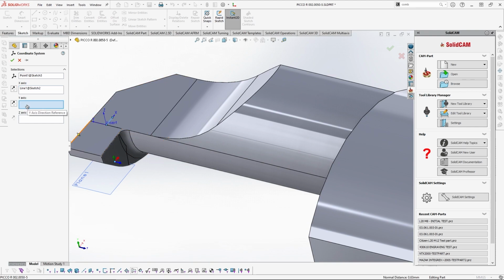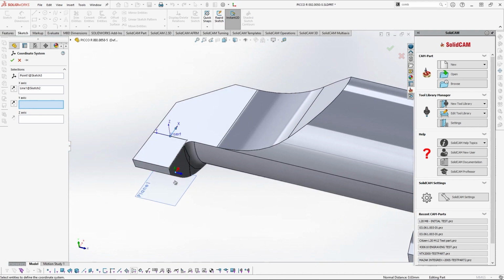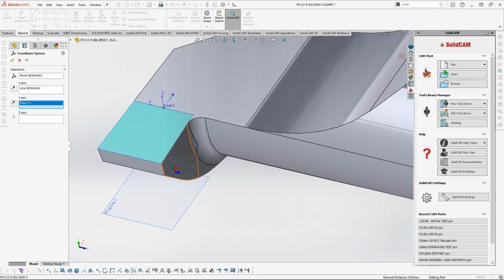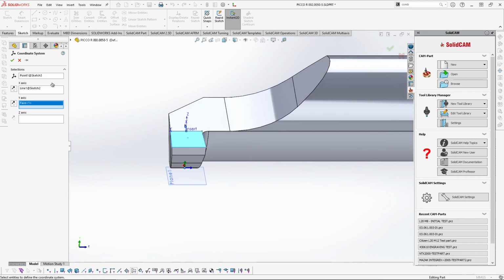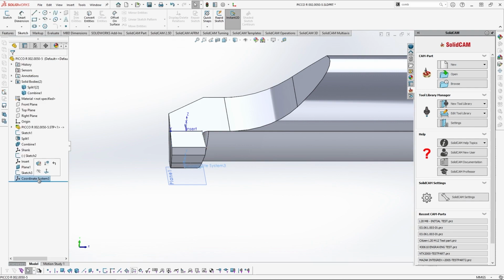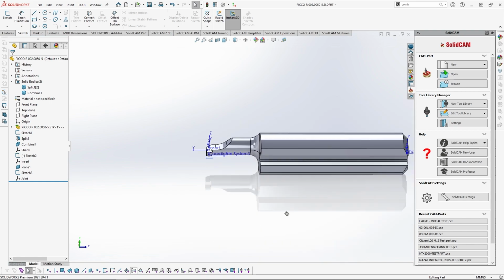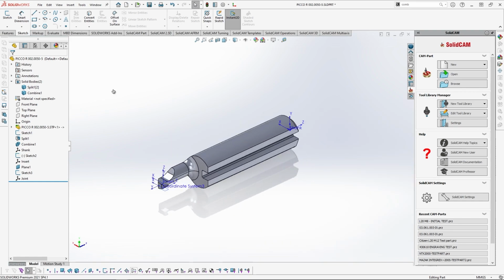And my Y, it's now very relevant because the joint must be in the XZ plane. Therefore, the Y-axis is just perpendicular on the surface. So we kind of get the XZ plane for our turning jobs. Right, and this coordinate system, it's our joint. Now we are ready for the export. Now, where we actually export the things,